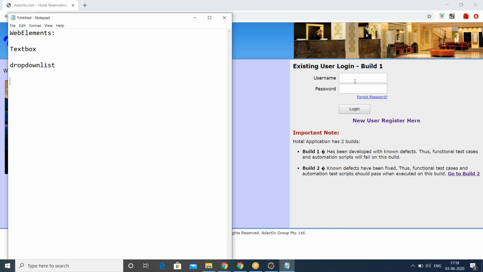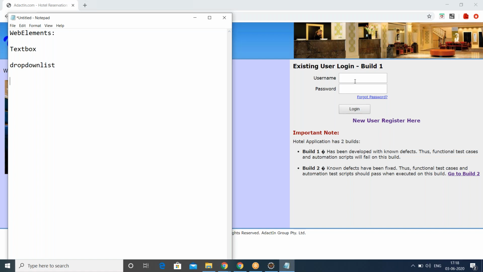Okay, we will see one by one. We are going to discuss how to handle text boxes, how to handle drop down list one by one. First, I am trying to write the list of web elements which we are going to see in a web application design.